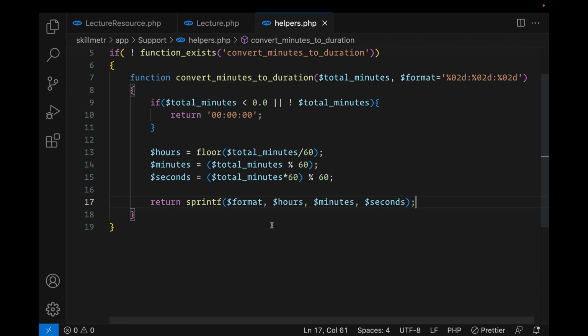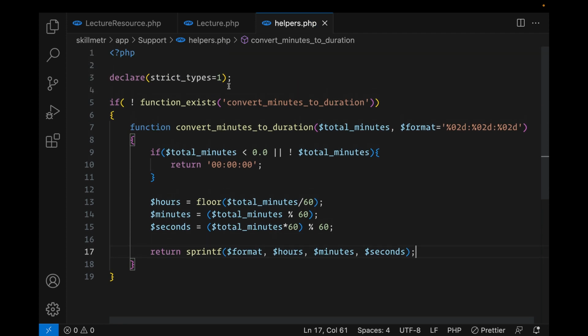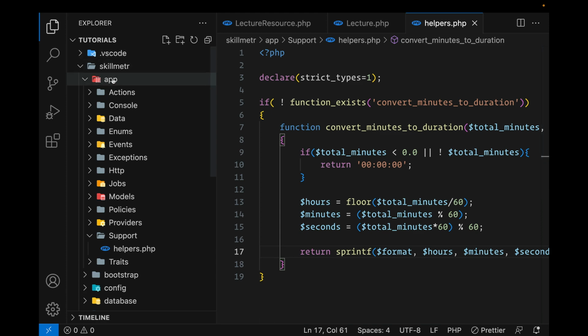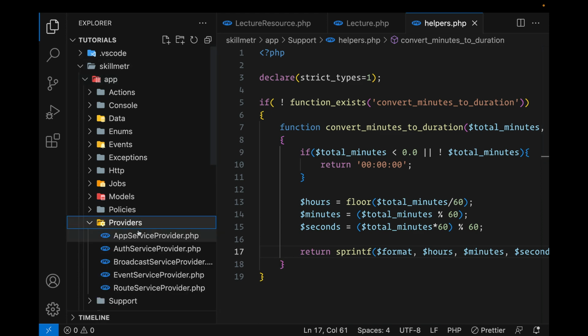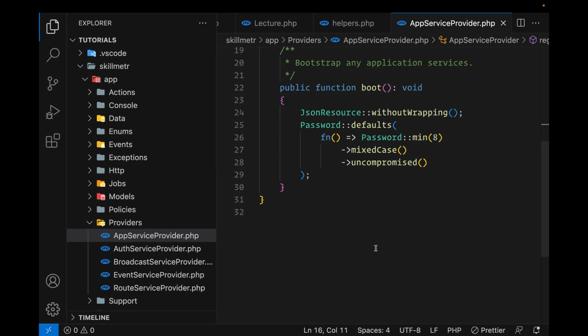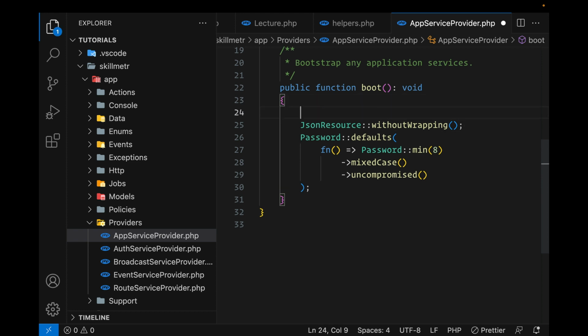All right. So this is a basic function that takes the minutes and returns a formatted string of the hours, minutes, and seconds. And to make this function globally available, we have to go to App Service Provider. And if we go under the boot method, we can require this file in our application, which means that when Laravel boots up, it will read that file, and any function that we define in that file will become globally